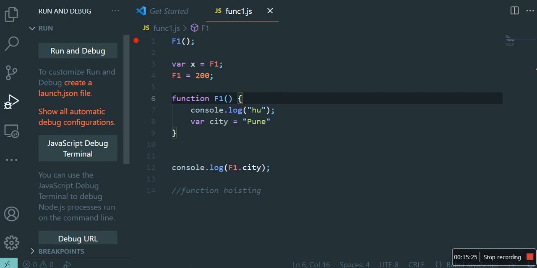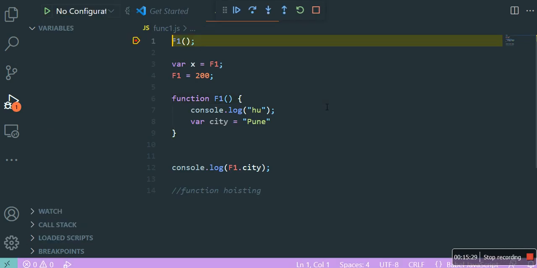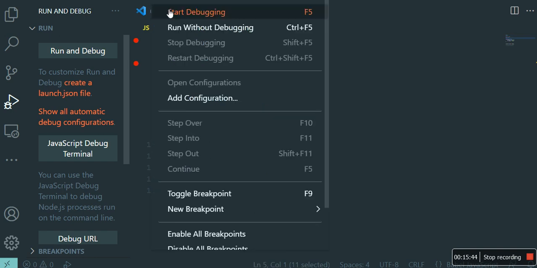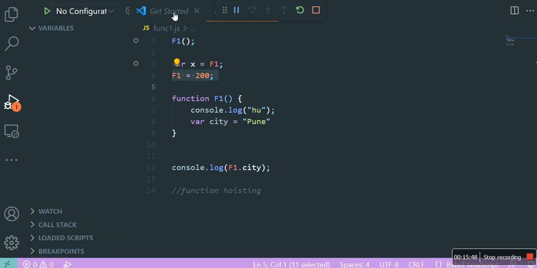So if I go and run and start debugging, see what happens. Let's see. No, what happened? Is there some error or what? Just a minute. Some error is there.